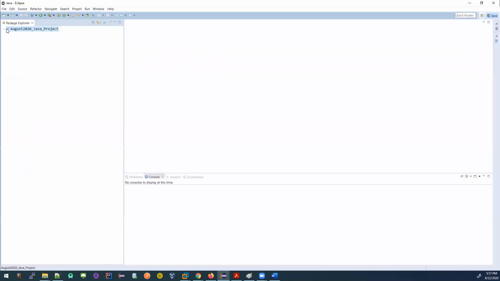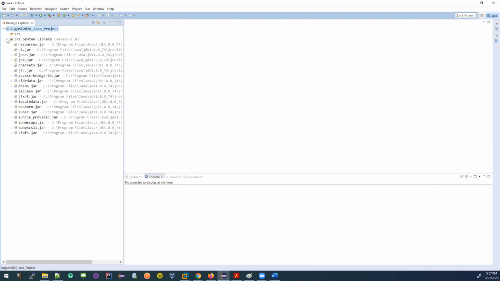Okay. If you look in here, see JRE system library. These are the built-in code that is already included in this Java project. Once I say that I want to create a Java project, this JRE system library is added automatically. You need this code to execute your actual code.